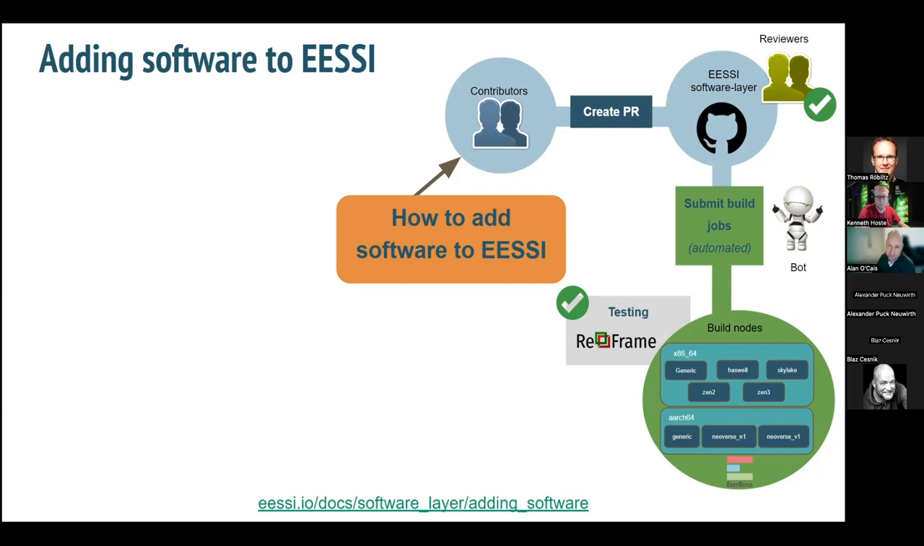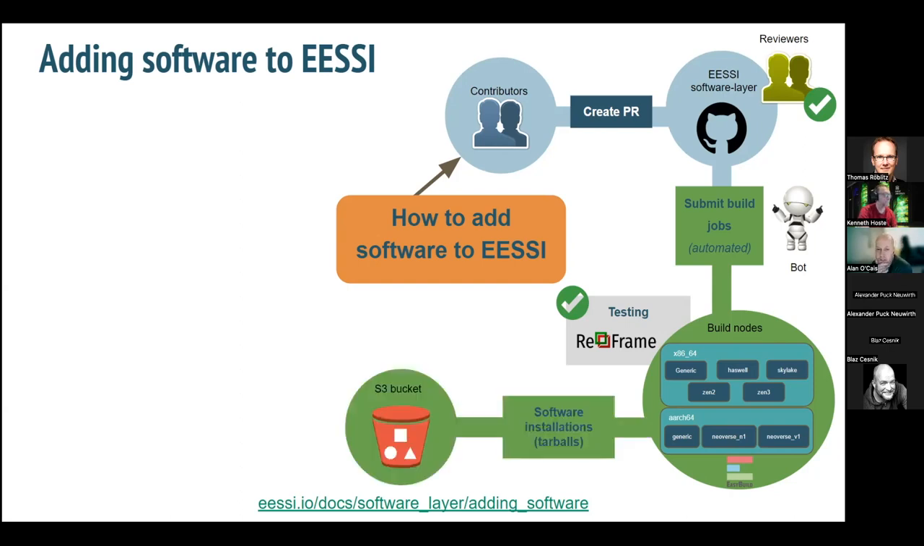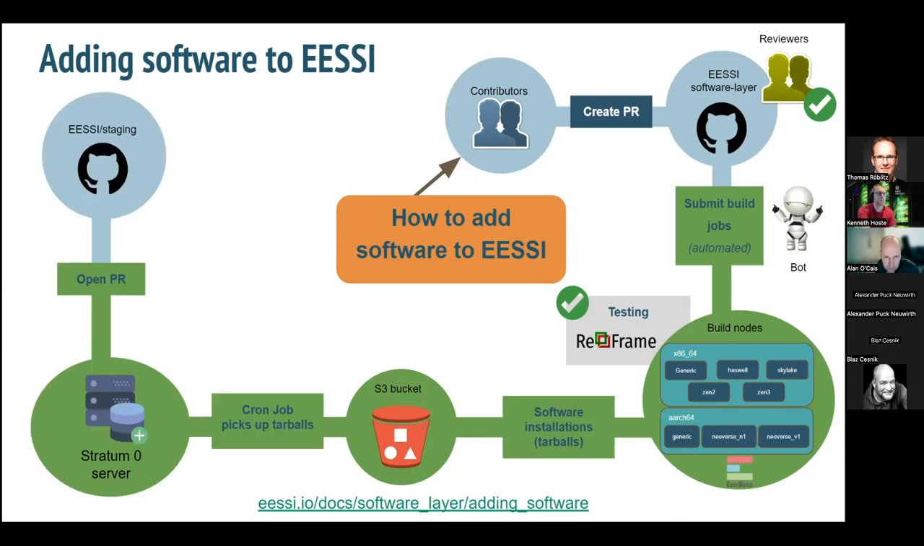Once that testing has come back and has passed, we can create tarballs of those software installations, and they are placed in something called S3. It's a storage backend that you find a lot in, say, cloud providers. These software installations are placed in a special location. And then there's a cron job that recognizes that these tarballs have been placed there. It checks to see if these tarballs can be unpacked into the Stratum 0 server of CernVM-FS. And if that's the case, then it opens a pull request to another repository called the staging repository of EESSI,